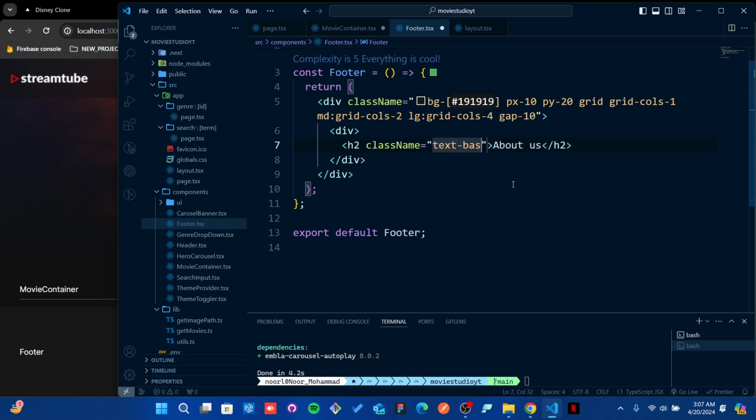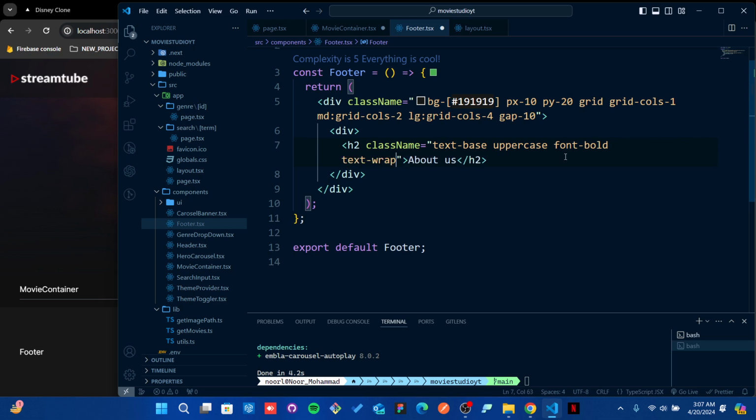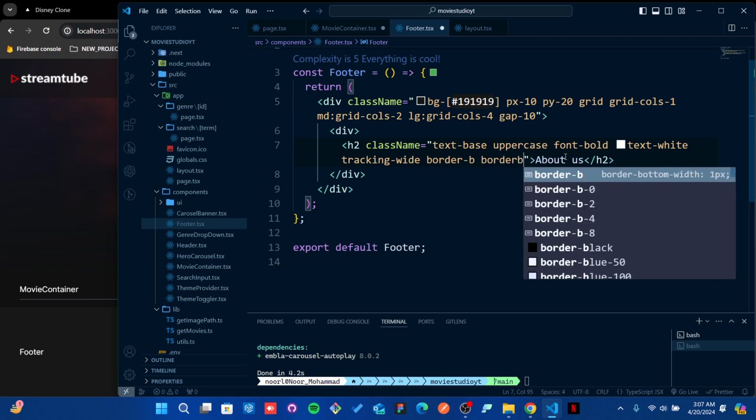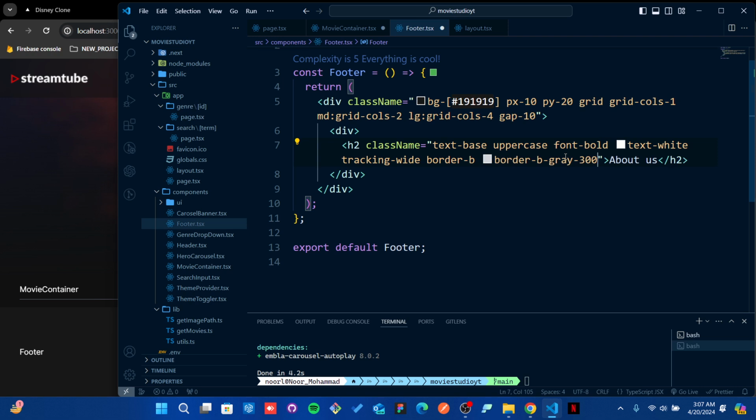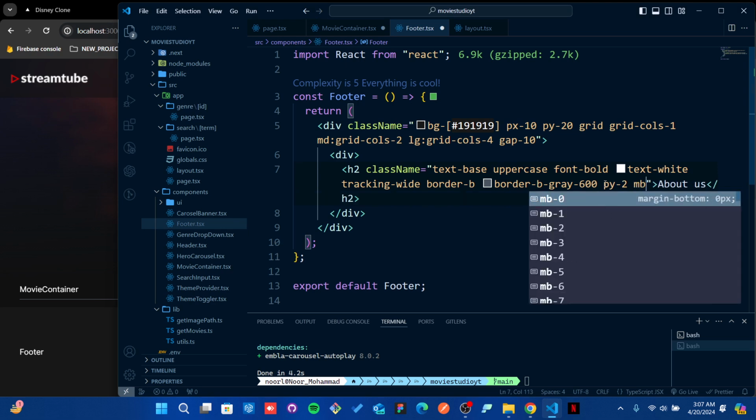The text is going to be text-base, so it will be 16 pixels, and the text is going to be uppercase, font bold, and then text white, whitespace nowrap, and tracking, border bottom should be gray of 300. Okay, or we can actually put that gray of 600 to make a darker border, and after that we also give a padding y of 2, and then margin bottom of 5, and